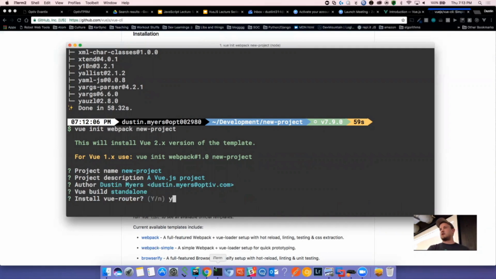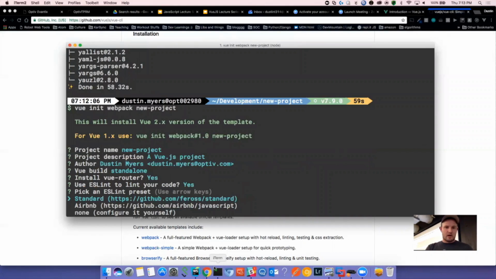Say yes for installing vue-router because we're going to use that. If you want linting, I currently am using standard. On my new job, it's going to be Airbnb, and that is a crazy switch. If you've ever gone back and forth, it's hard. Not going to worry. You can set up tests just to look at them. We're not going to go over testing